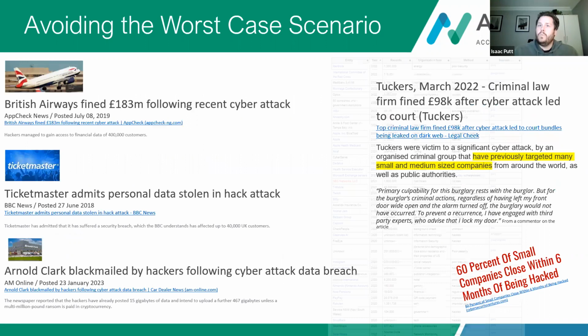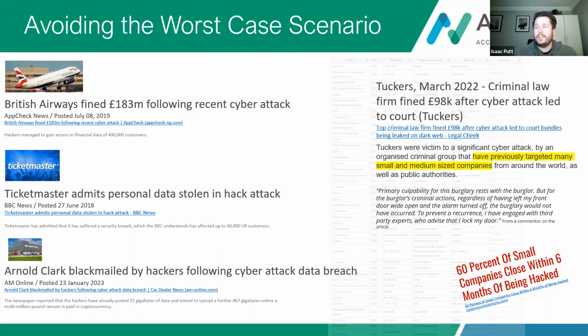And whether it's a large organization or a small organization, if you Google companies that have been hacked, it will always present to you the biggest companies that have been hacked. And unfortunately, that seems to be what humans thrive upon, the size of the organization that's been hacked. But in reality, it's everybody. Nobody is necessarily safe. Not to preach to you too much in this scenario, but when we look at the statistics of how many small organizations actually survive after being hacked, it's very small. And of course, that might not reach the news, or might not be as relevant to us if we're not looking for it. But it does happen.